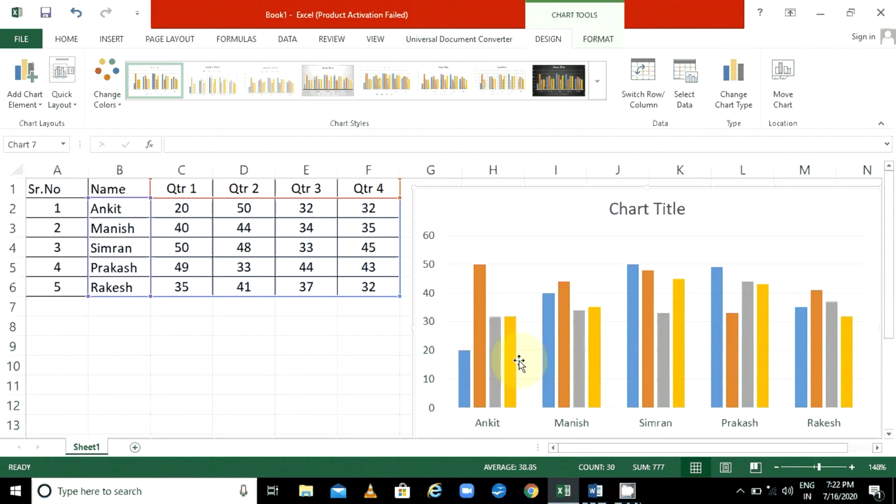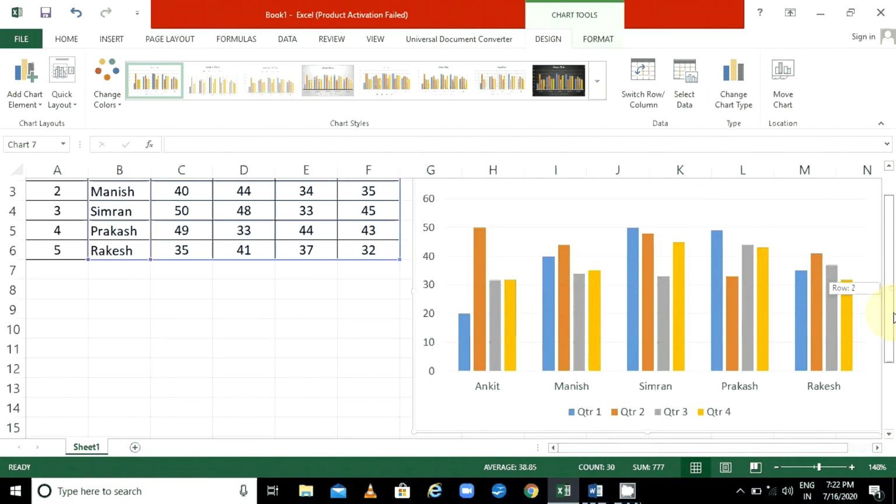By this you can understand it easily. Manish. So Manish has 4 columns, quarter 1, quarter 2, quarter 3, quarter 4. So you can understand easily. So this is called column chart. Whenever you want to compare the data, you can compare it easily by looking at these vertical bars. Who has done more sales, who has done less sales in which quarter. So by this you can understand it. And who is going equally, everything will be shown by this chart.